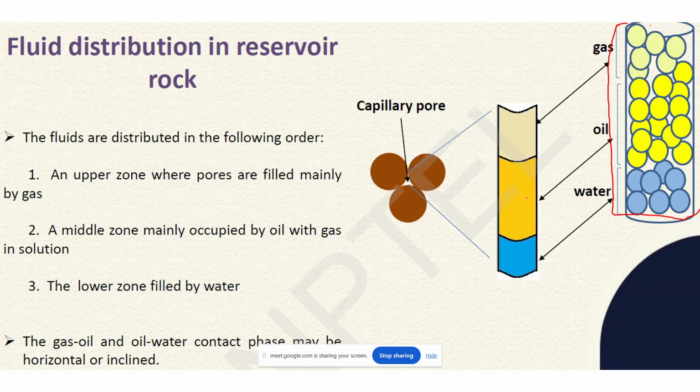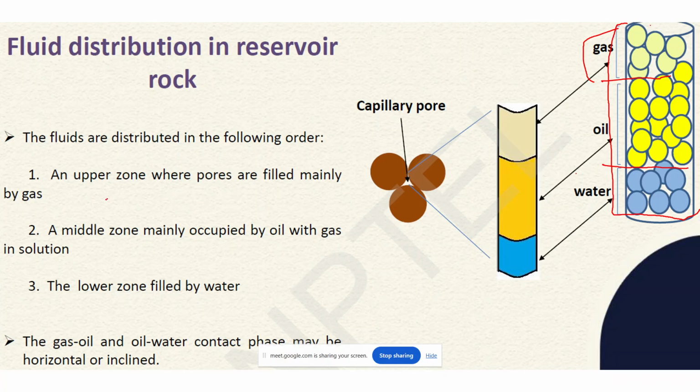So not only oil is present, as I told, gas is also present below the earth. Then there is brine water. All the time we can see that brine water is present underground. So along with oil, there is brine water present, then oil and gas. In a pore, they are stored depending on the density. As we know, water is denser than oil. So firstly, in the lower zone, brine water will be present. Then oil will be present, and gas being the least dense, it is present in the upper region of a pore.